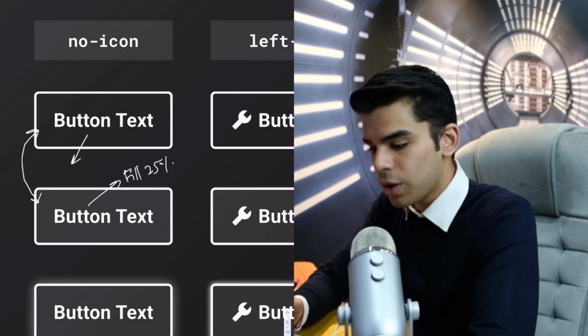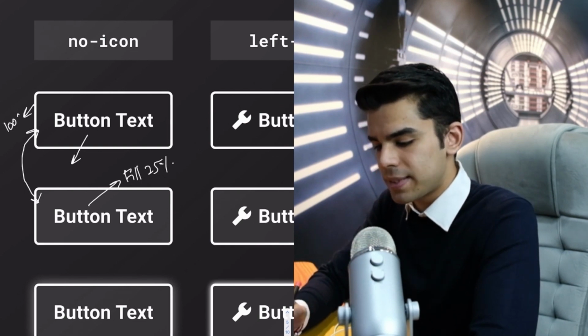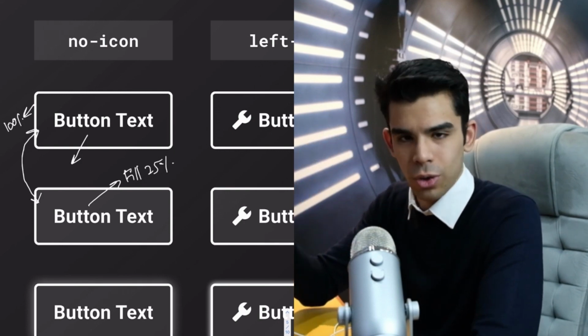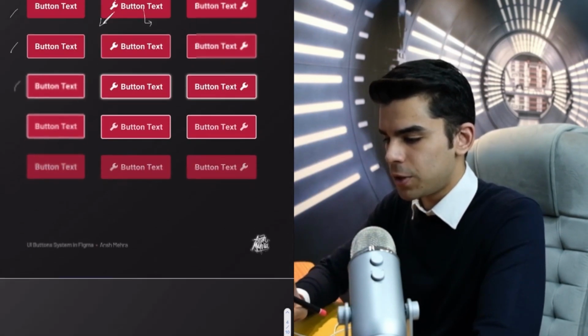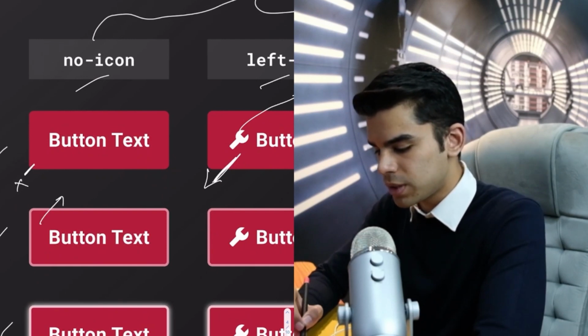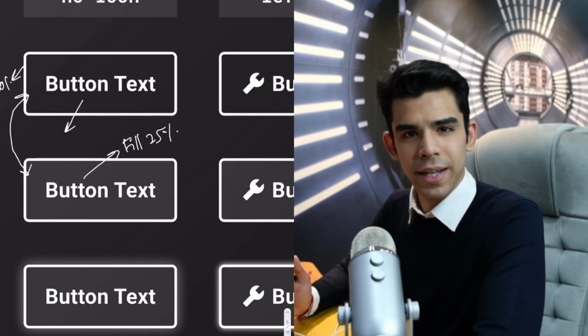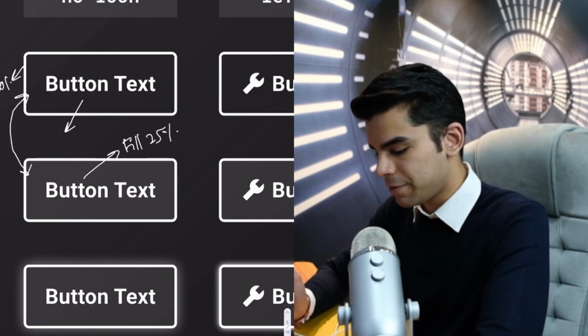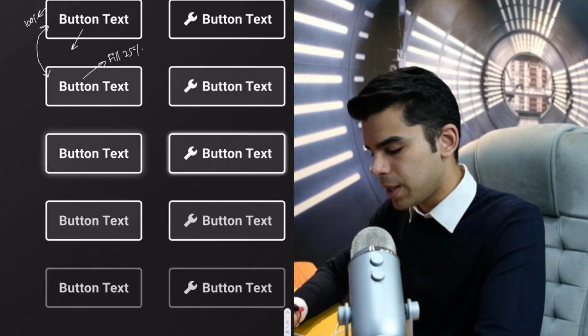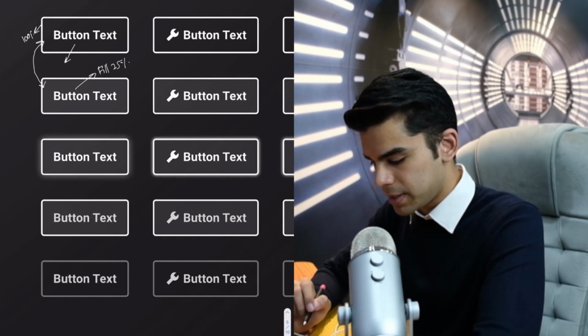Because this stroke is already there at 100% opacity. So you can't really overlay something on a 100% white stroke. In the earlier pack, when we were doing the primary button thing, there was no stroke here, so we could have used the stroke trick. What you can do in secondary buttons is that you can have a fill at 25% opacity. And then, focus state is also pretty much sorted. Then you have your press state, and then you have your disabled state.